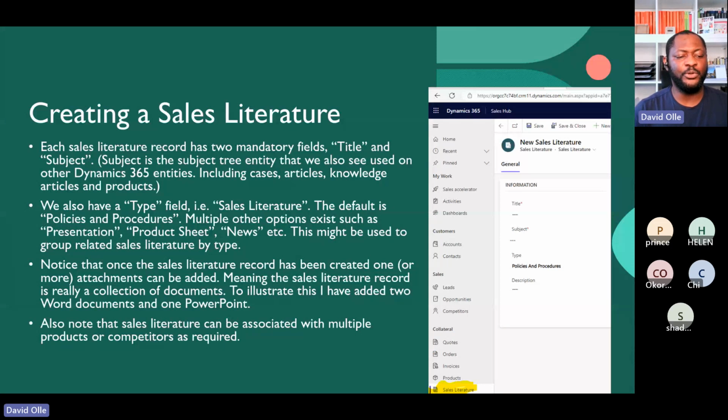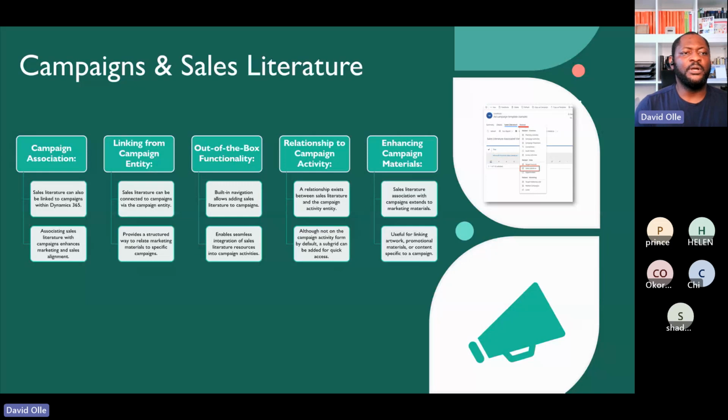So it's important to note that the sales literature can be associated with multiple products and competitors, like I've shown before. What else? Okay, so campaigns and sales literature. We did